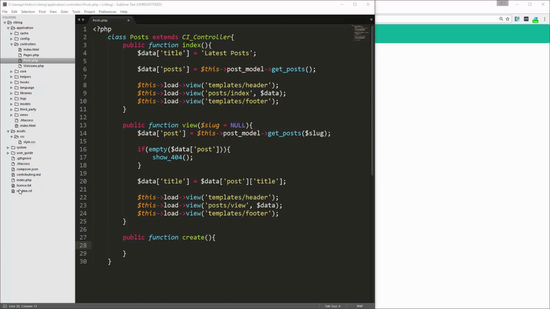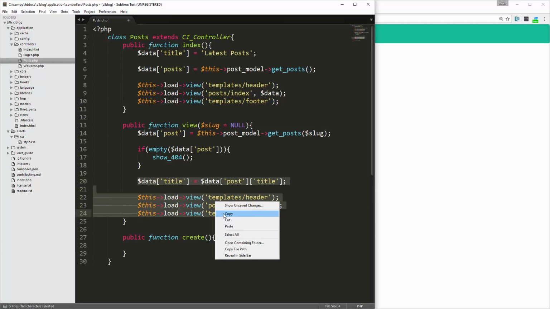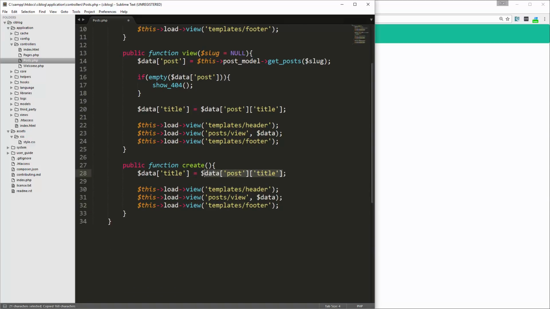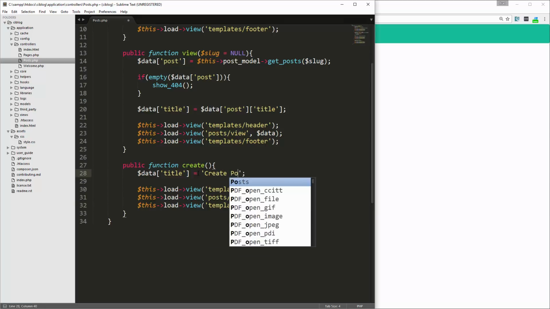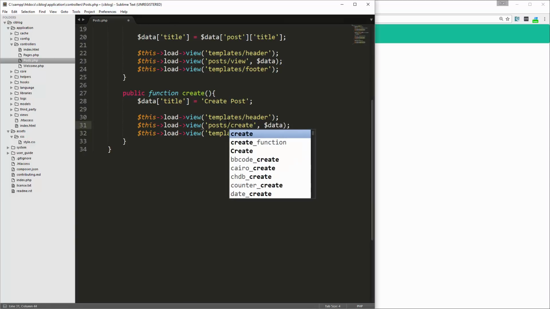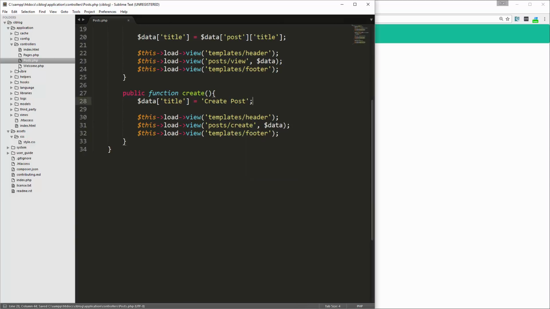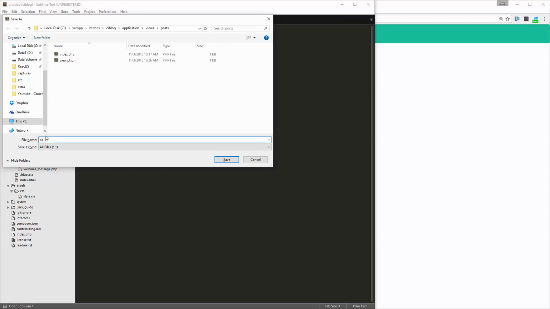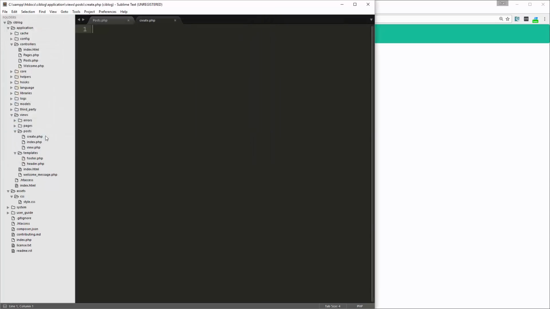For right now, we'll have a title, and then we'll take all the views and paste that in, and let's change this to create post, and let's load post/create. Then we're going to go to our views folder, posts, and create a file, save it as create.php,